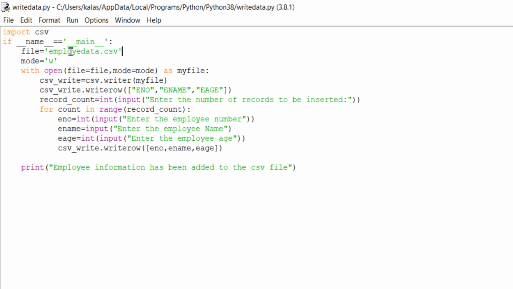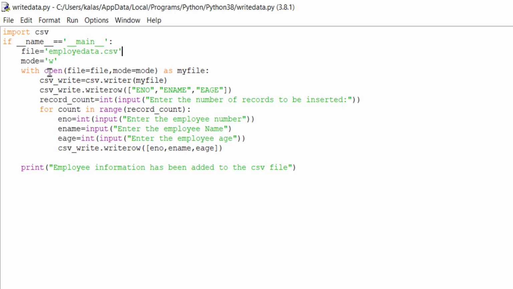First I gave my CSV file name as employee data.csv, and I stored that file name in a variable called file. After that, I need to create that .csv file in write mode. So I am giving the mode as W here, and I am storing that mode in a variable called mode.